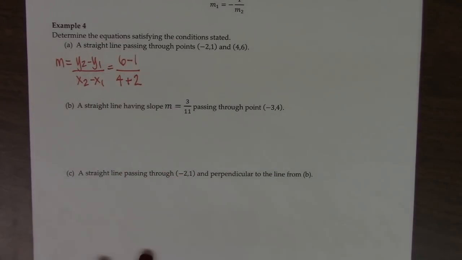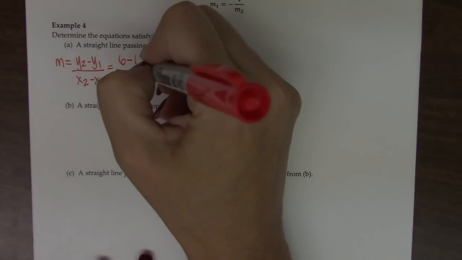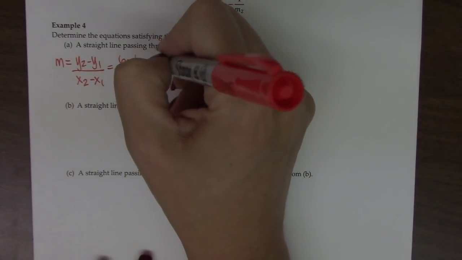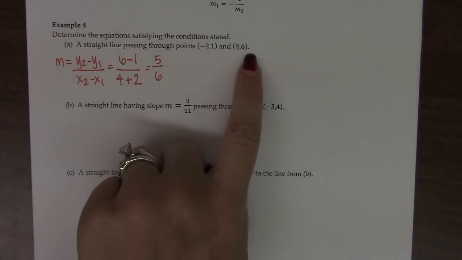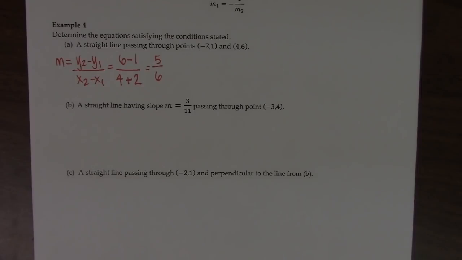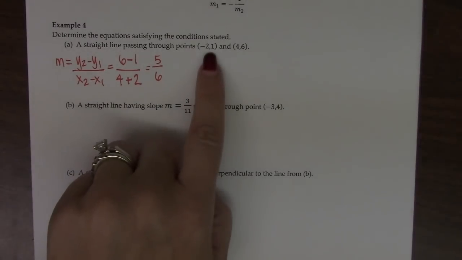So I can make sure that I've put them in the correct order. So this simplifies into 5/6. Now if I want to write the equation of the line, I can use the point slope formula, and I only need to pick one of the points. Either point I pick should give me the same line, so I'm going to pick this one just because it's